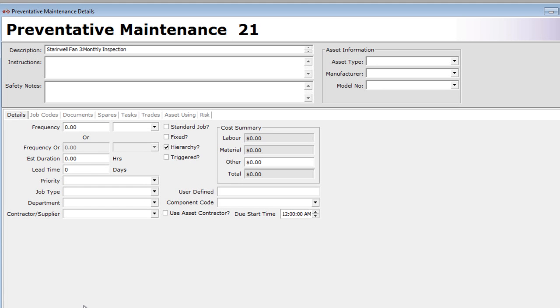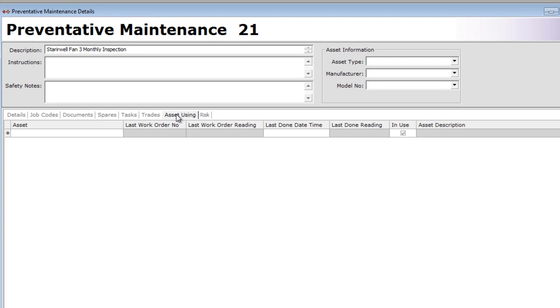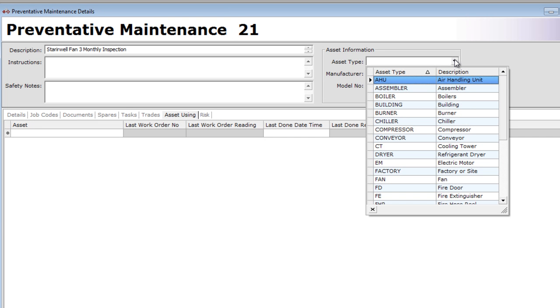The next stage is to say what it will happen to. There are two ways of going about this. I can either manually nominate a list of assets in the Asset Using tab here, where I can just specify what assets I want it to apply to. But what is more common is to specify a group of assets. If I select the asset type of stairwell fan up here,